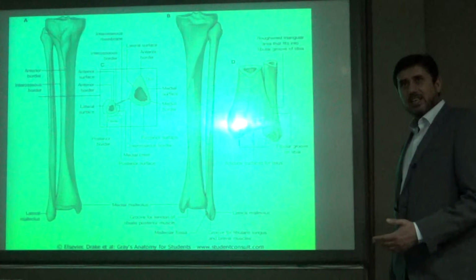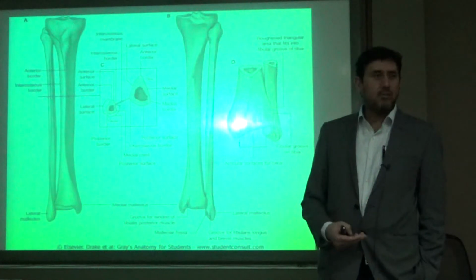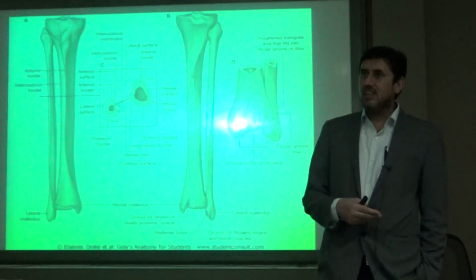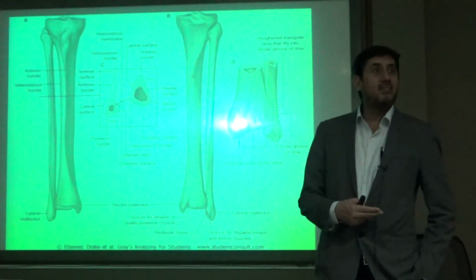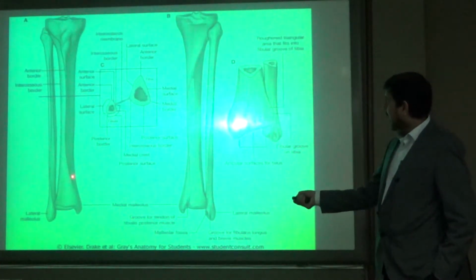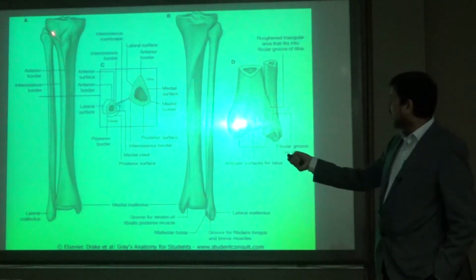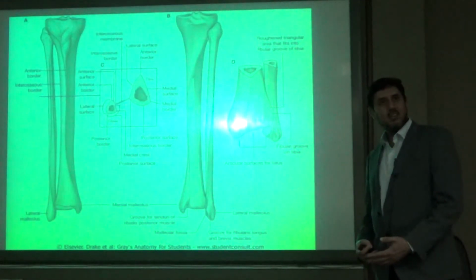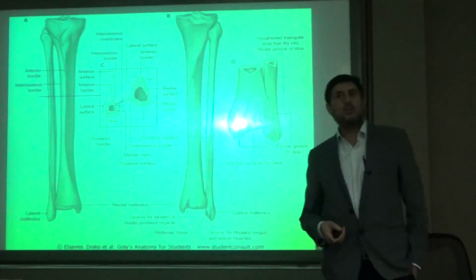Are you feeling any bone over there? Yes. Are you feeling any muscle over there? And go on the lateral side, the opposite side. A lot of muscles are there. But on the medial side, nothing. So this is the big one, the tibia, on the medial side. Here we don't have any muscle. A very small bone, thin, having a lot of muscles, is present on your lateral side. What is that called? Fibula.